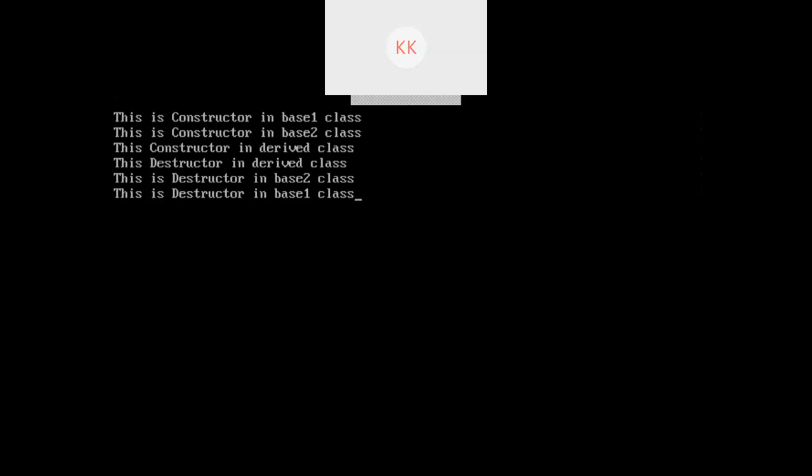Right. So it's a simple nested structure. You can observe that the class whose constructor is called later has its destructor called first. Right. This type of structure is also called a nested structure.